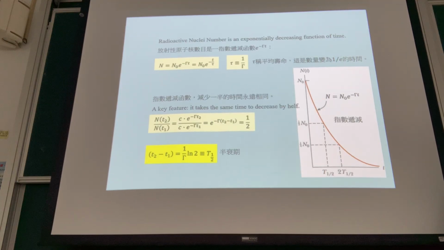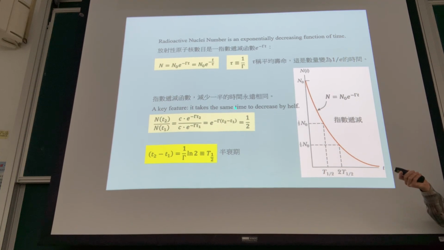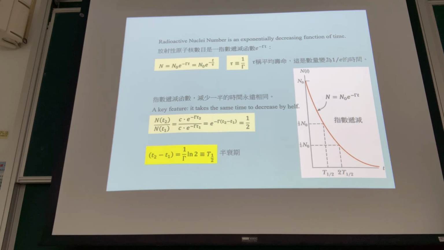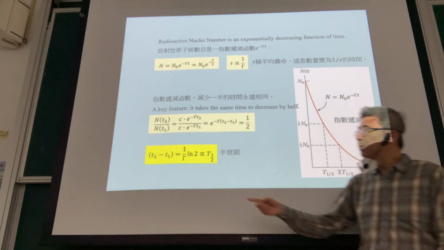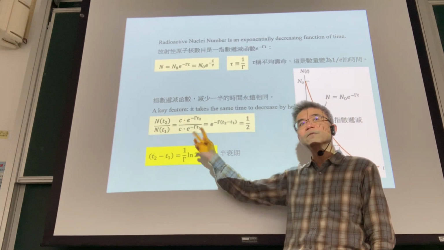The same half time will determine the time for the number to decrease by half. That's very strange. Usually, it is the number that is decreasing that is the same. No. It's a ratio that decreases per unit time. Okay. This is a key feature of an exponential decreasing function. And so this half time, t1/2, which is more or less proportional to 1 over gamma, the inverse of the gamma we have here,